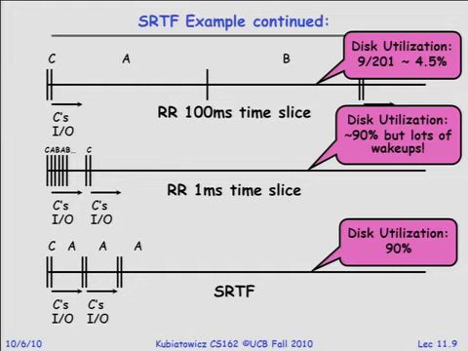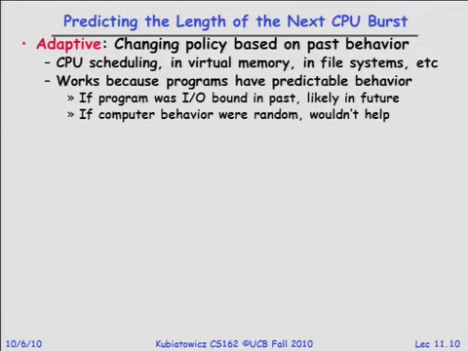So one prediction technique that we could use is to try to build a model of the bursts and then use that model to sort the queues. Okay, so in general, we have the idea of an adaptive policy, where an adaptive policy isn't really predicting the future. What it is, it's guessing the future based on the past. Okay, and that's a pretty time-honored technique. They even try to do that in the stock market,